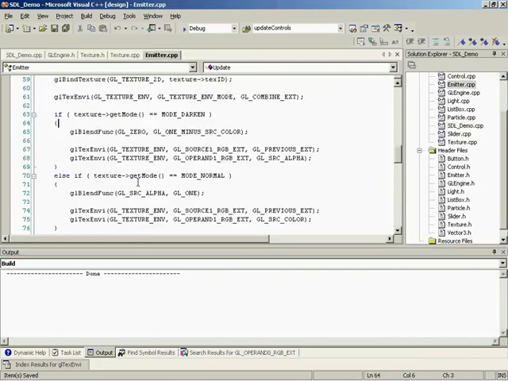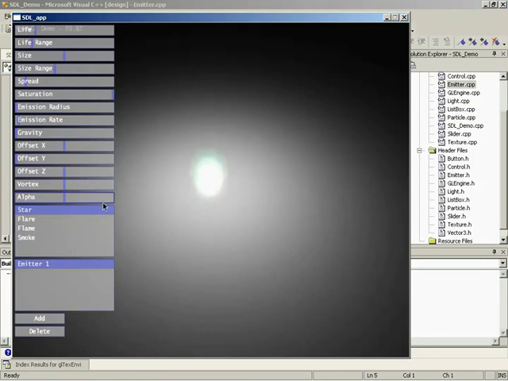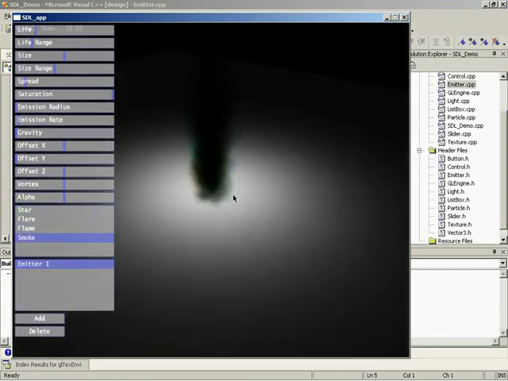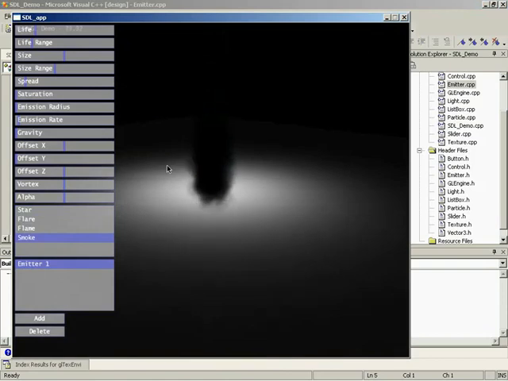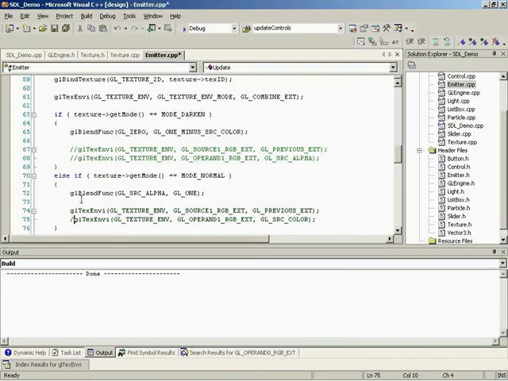So if I come back into my emitter, if I take these two text environment lines out, here's what you're going to get. Let me just render this real quick. Notice this looks fine. This looks fine. And our smoke is darkening everything, and if I turn the saturation down, you'll notice that it is darkening, but notice how we get popping. And alpha no longer comes into play here. Basically what our extension is doing is multiplying our alpha onto that so that we get smooth blending again with darkening. So if we just comment these guys back out,